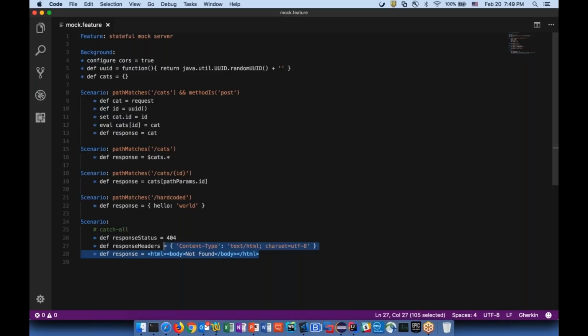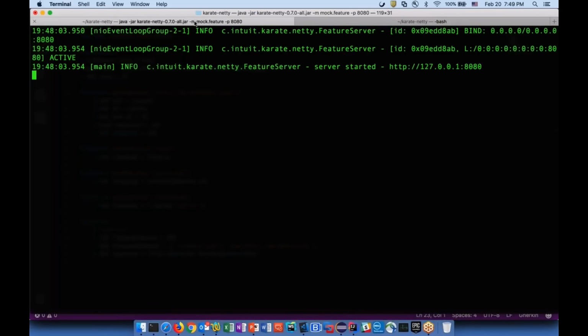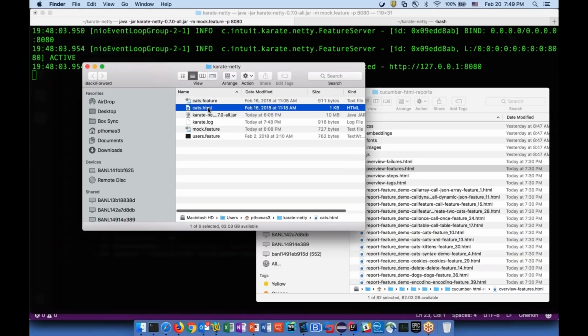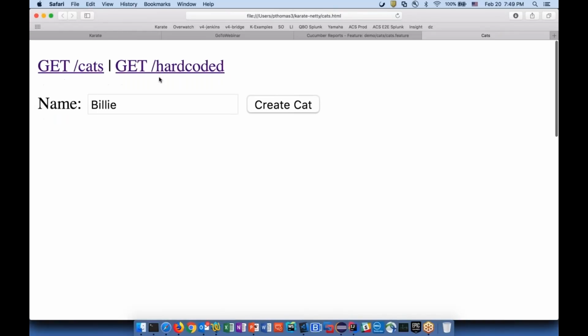Okay, so I'll not spend too much time on this. This example is available as part of the demo examples of Karate. Again, Karate's documentation is quite comprehensive. And by the way, there's this interesting catch-all block at the end, which I just want to call out, because you see how easy it is to actually implement a 404 if you really wanted to.